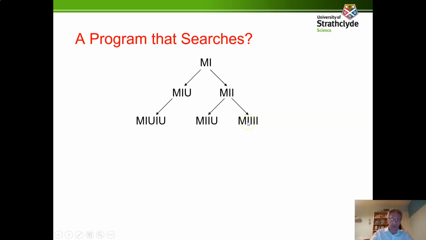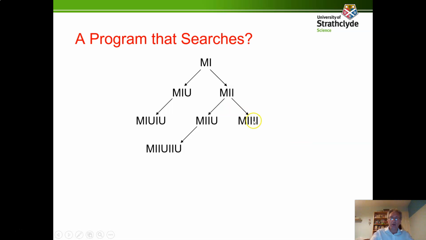I still haven't looked to see what rules I might apply. So let's pick one of these, and we can pick any of them. So I think I'll pick this one here. Well, it's one of these not very interesting ones. The only thing I can do is to apply the doubling rule. So there it is. A clever search algorithm, one that's got its